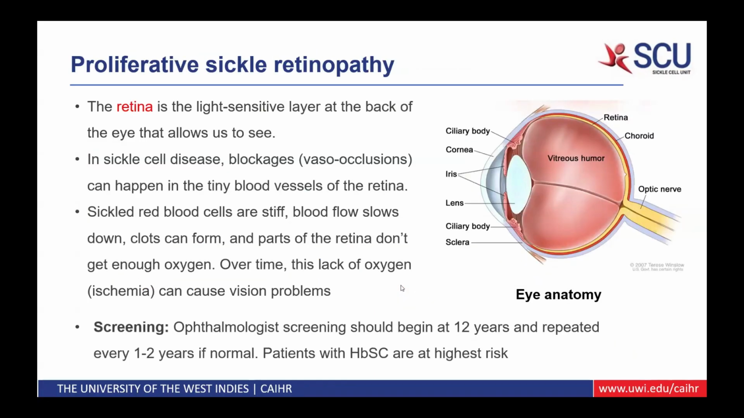So the first thing that we're going to talk about is definitely diseases of the eye. If you're looking at this diagram, the retina is the light-sensitive layer at the back of the eye that allows us to see. And in sickle cell disease,